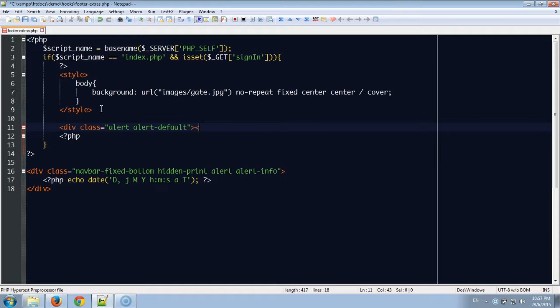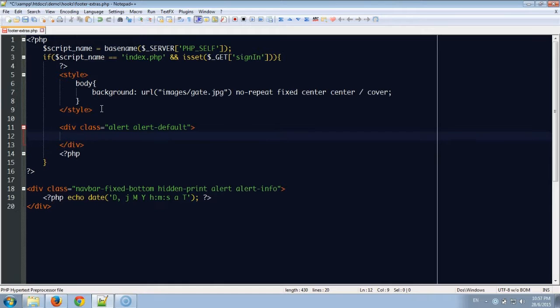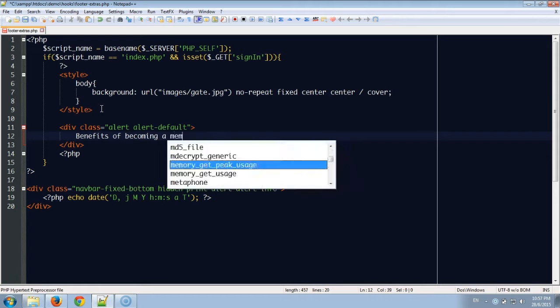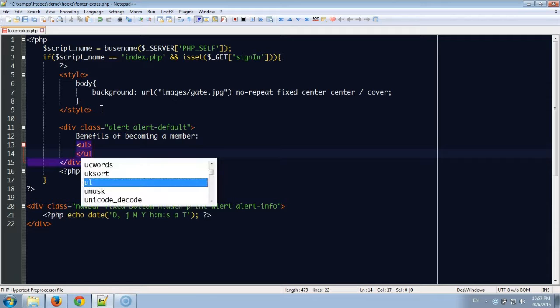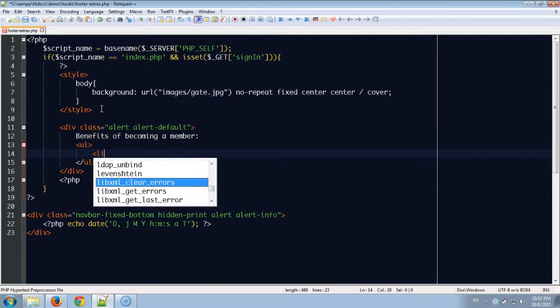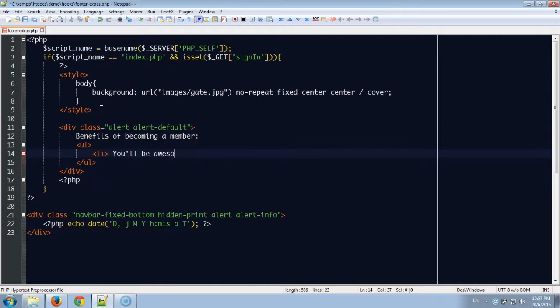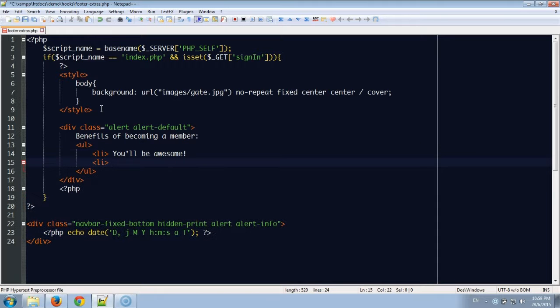Let's add the HTML code for our marketing copy here. We'll give our code an ID to easily select it in the jQuery code that we'll write in a moment.